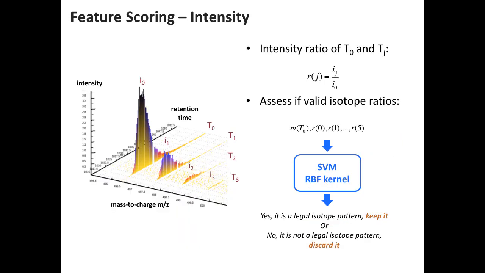It then integrates that, so we put in the intensity ratios that we have from the mass traces and ask the support vector machine, does that look like a metabolite or not? And since it has seen all these possible combinations of isotope intensity ratios, it can more or less confidently say, yeah, this looks like something. Even though the ratio might be weird and you wouldn't expect it, it might have seen that in the data set already.